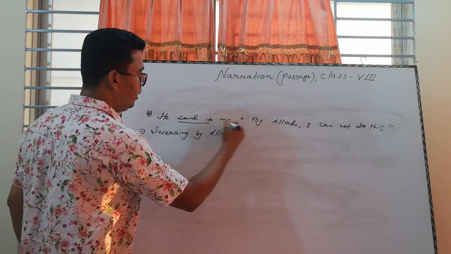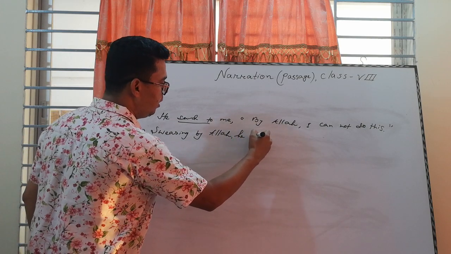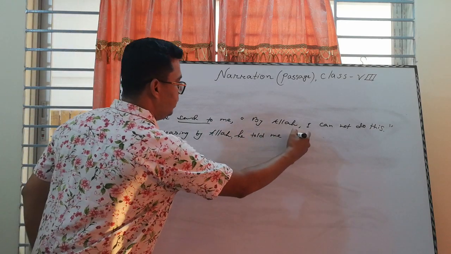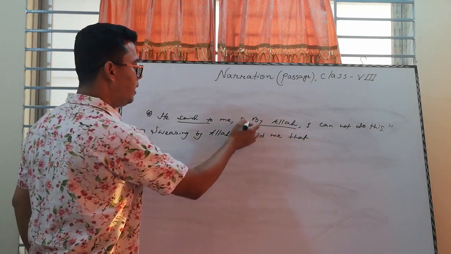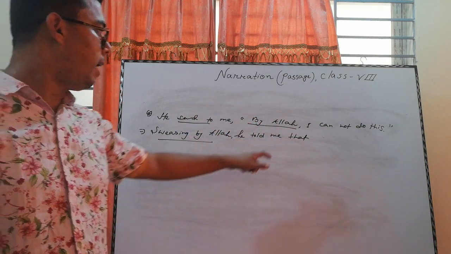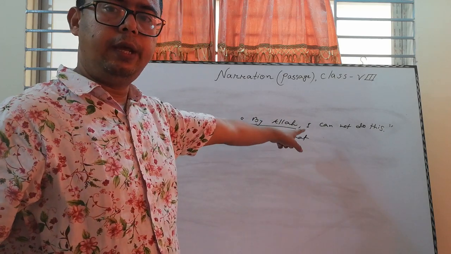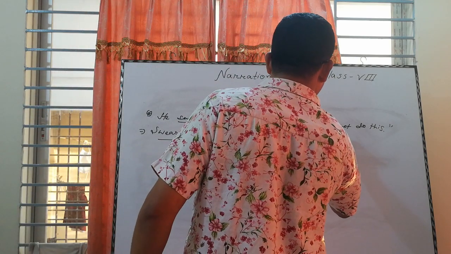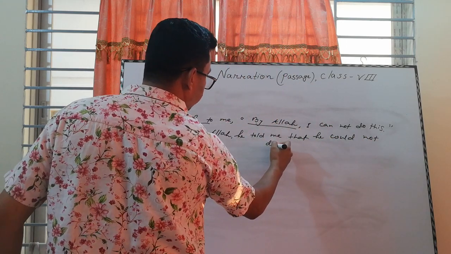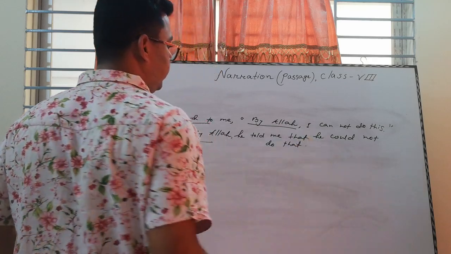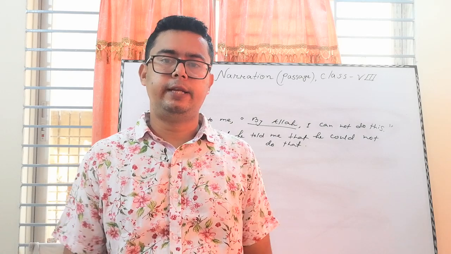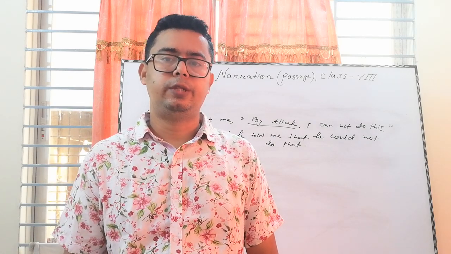He told me that, instead of by Allah, you have to write down here. So you need not do any work here. Then I should be converted to he. Then write down here he. Can should be could. He could not do. This should be that. Okay, students of class 8, it's enough for you to know this.